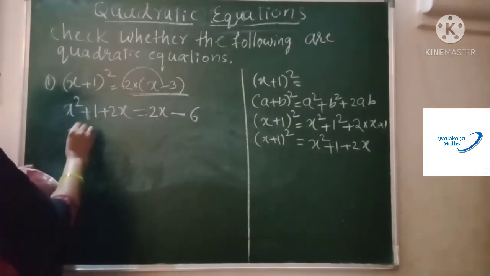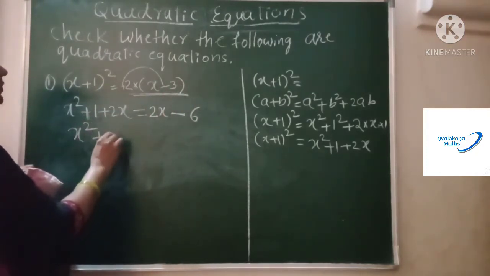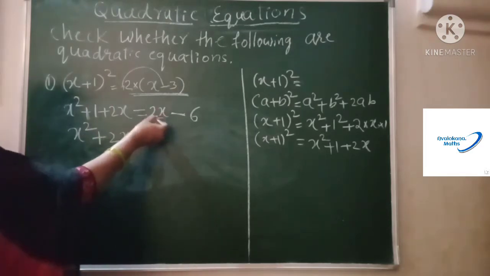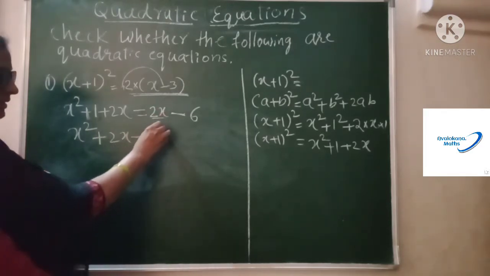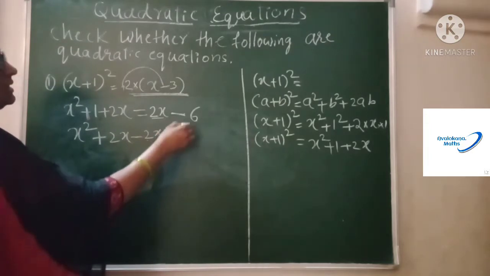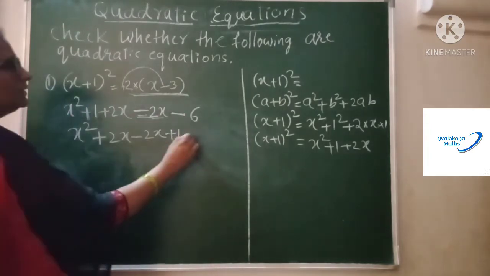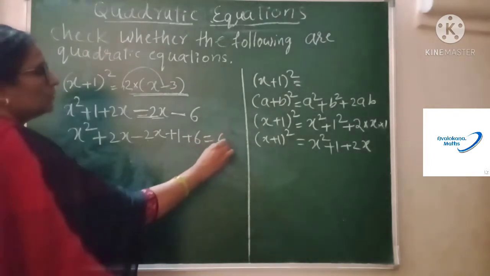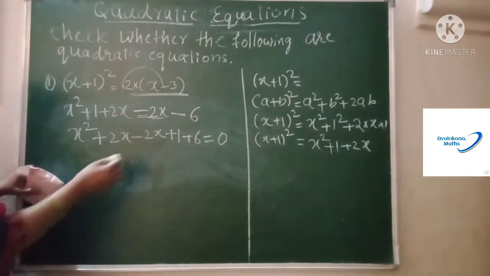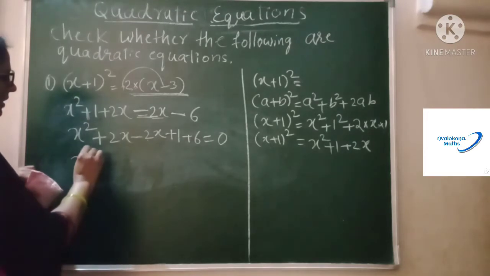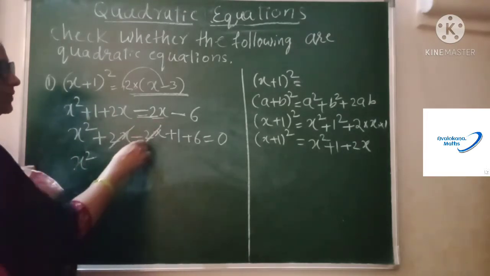Okay, now listen. x square I am writing this way, plus 2x. I am bringing this 2x to this side, minus 2x here, and this plus 1 as it is. So this is on the RHS part and this is on the LHS part. So this is plus 6 is equal to 0. These are the terms we have got. So what is happening here? Now x square plus 2x, and the minus 2x goes.